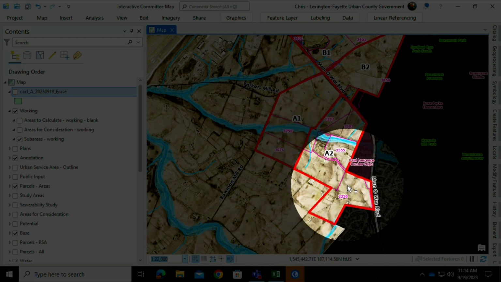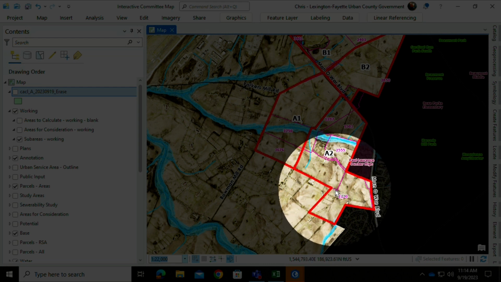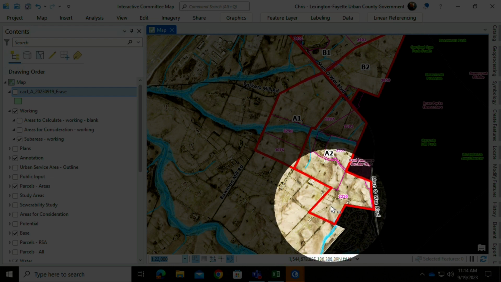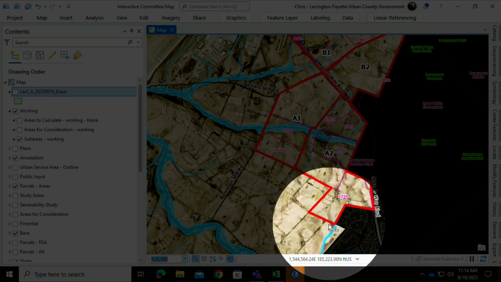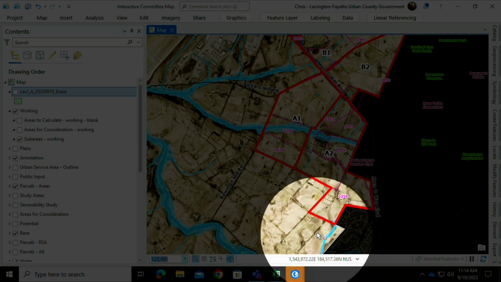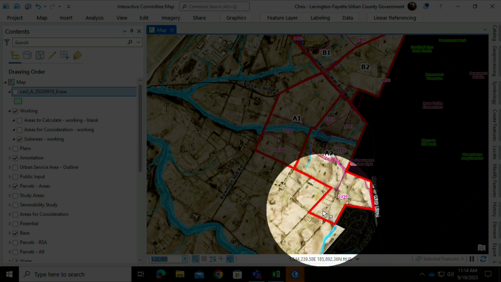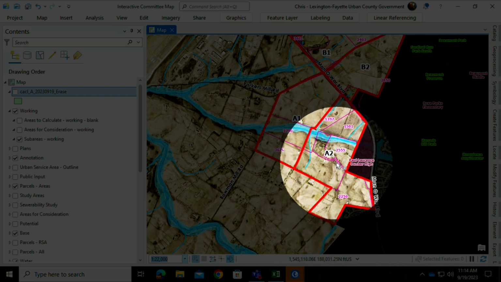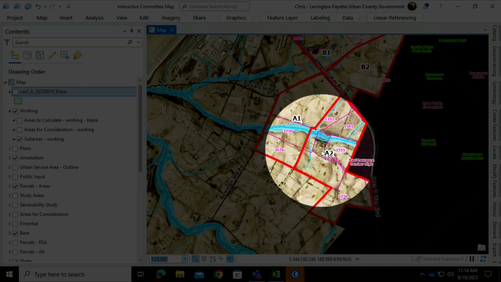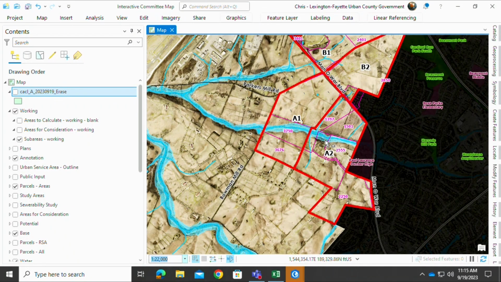The way the property lines got drawn after the sewerability study, the actual divide is roughly about right there. So this little hook here, or boot, actually drains in this direction. We see that blue line, that stream travels to the bottom. So it would have to be handled a little bit differently, but the rest of A2 would be inclusive of an improved Mint Lane pump station.